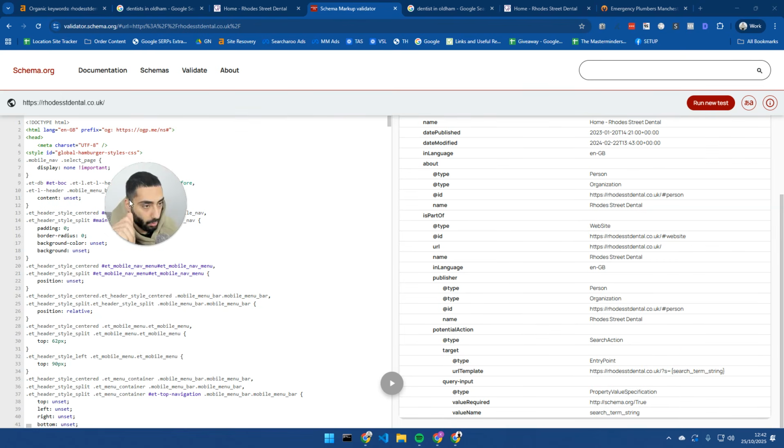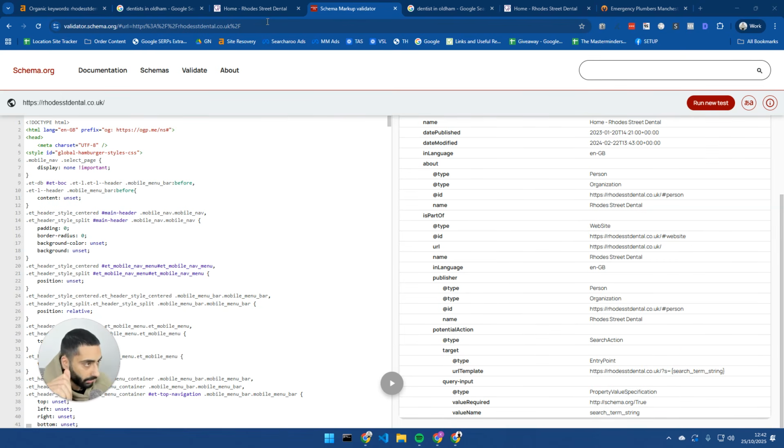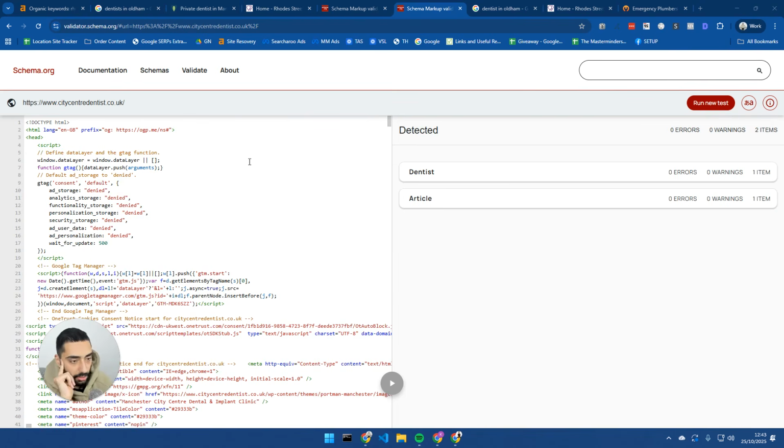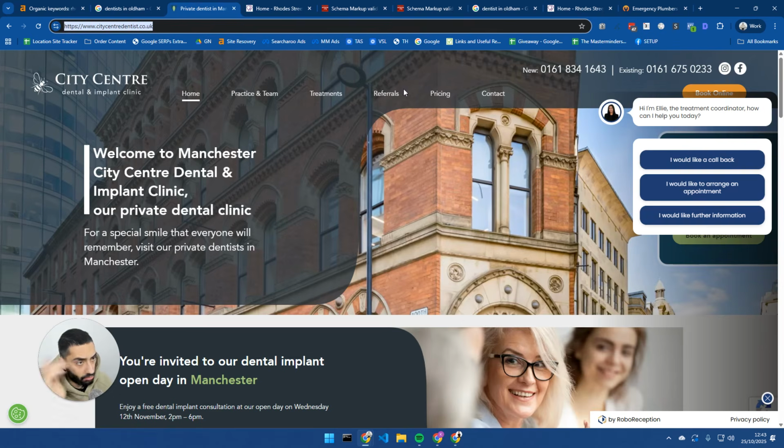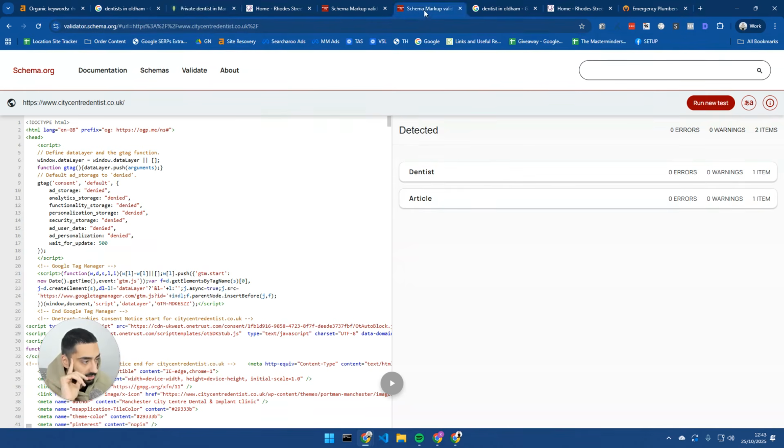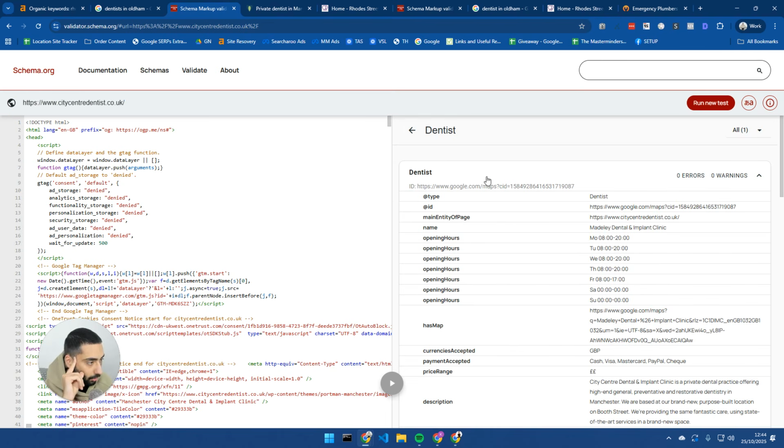It's definitely nowhere near as what it should be. Let me see if I can find a good example of a site that's using schema. So this is basically the website that was ranking number 1 for dentists in Manchester, and I've just loaded up their schema. I assumed that they were doing something right, and obviously they do have a lot of schema in